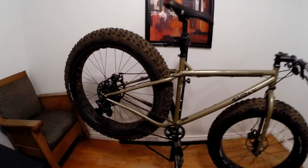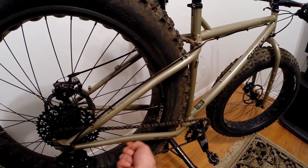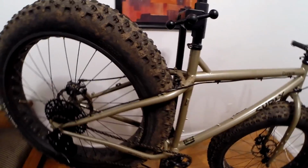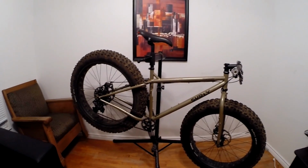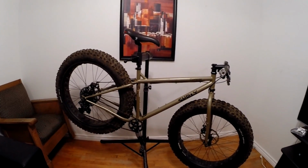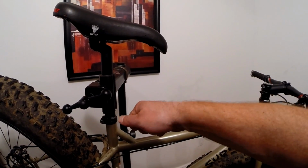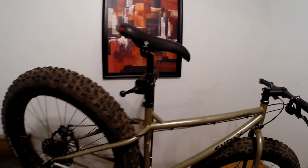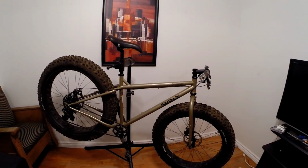Honestly, what I think probably happened was at some point I hit it on a rock and totally scraped away the paint and scratched the frame, and it just started rusting there after I think 3 seasons, and it perforated through. When I got the frame initially, I didn't get the inside coated with Boeshield. So I guess you could kind of say it was my fault in a sense, but